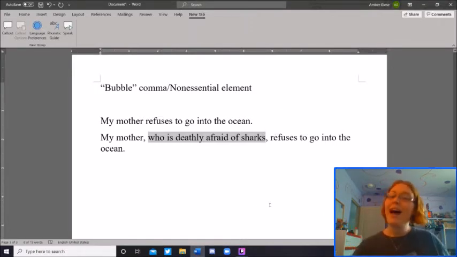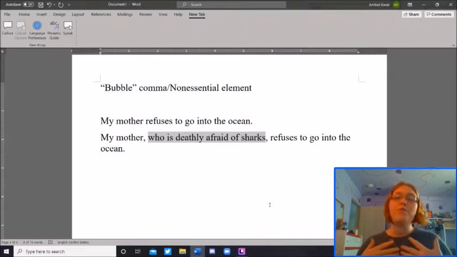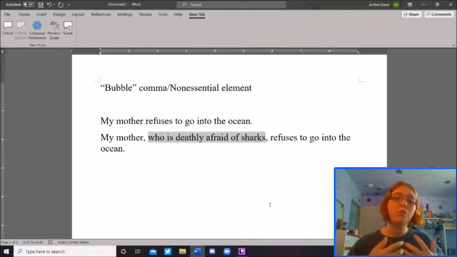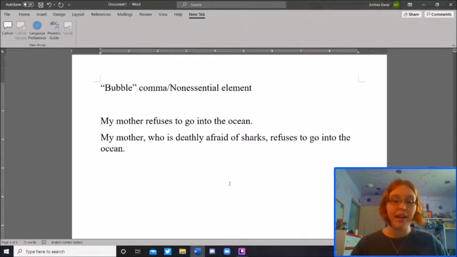If you took that entire thing out, would the sentence still be a sentence? So it would read, my mother refuses to go into the ocean. It's a full sentence. If you find that you have interrupted yourself and then you kind of forgot where you were, so you restarted the sentence, so it sounds like, my mother, she refuses to go into the ocean, and all of a sudden you have two subjects in there, you can just get rid of one of the subjects or rewrite in some way, so that if you took the bubble phrase out, the sentence would run as one coherent thought. Typically in academic papers, I see something like,